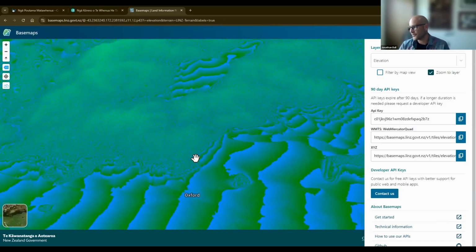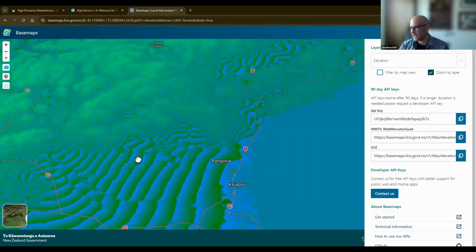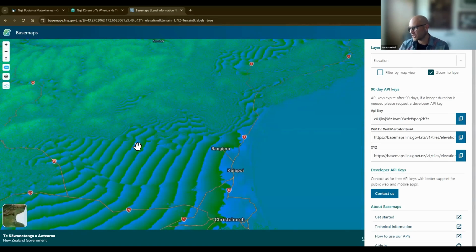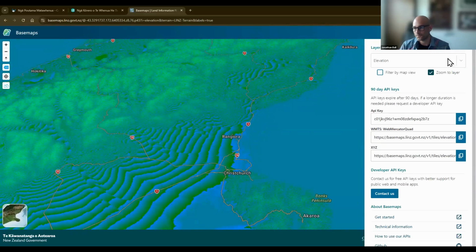Carl's going to show this off in a little bit more detail though, because the cool thing about this layer is it's got a 1 meter resolution, which is way more detailed than we're used to seeing New Zealand 3D data in. Like, you can see every farm track in New Zealand that we've got coverage of. It's really, really amazing detail. I'm quickly just going to touch on two other layers, and then I'm going to hand over to Carl.